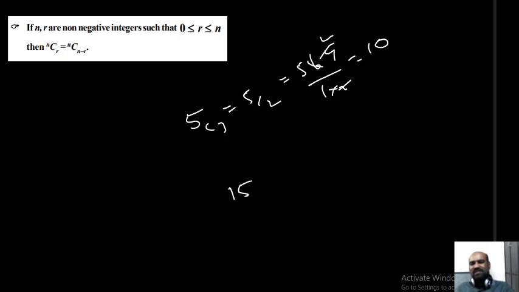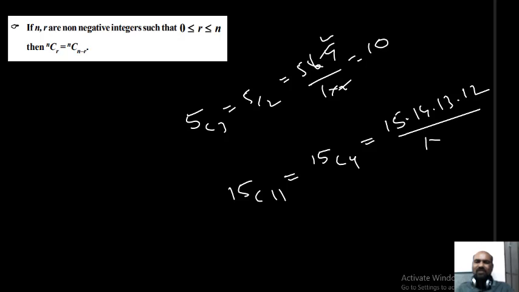Okay. 15C11 you want. Better method is what? 15C11 is nothing but 15C4 only. Both are same. Easily you can find the 15C4 value, no? 15 into 14 into 13 into 12 by 1 into 2 into 3 into 4. 4 factorial means 4 1s are 4, 3 3s are 3, and 3 gets cancelled. 2 1s are 2, 7. Just multiply, what we will get, that is the value of 15C11.